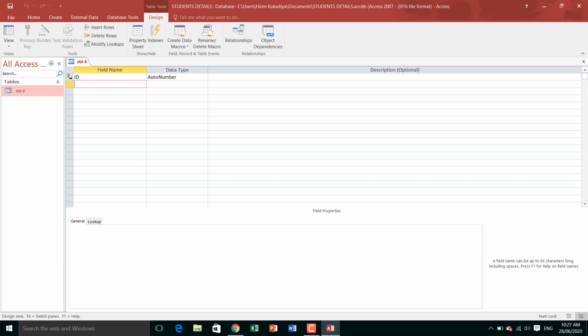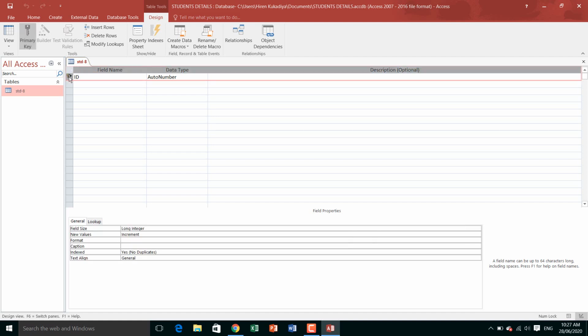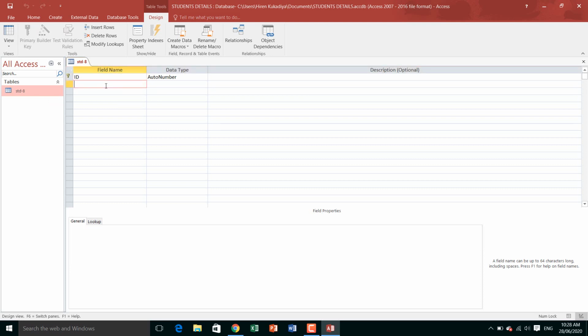Here in the fields, see this key, it is a primary key. What is the use of a primary key? You cannot enter a duplicate value, which means you can only enter unique records. Suppose I am using ID as number 1; I cannot enter number 1 again.